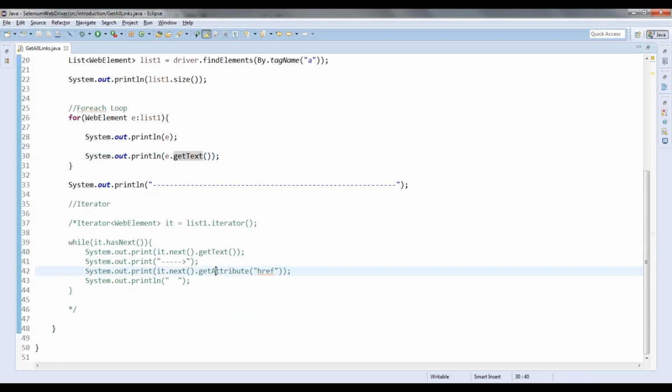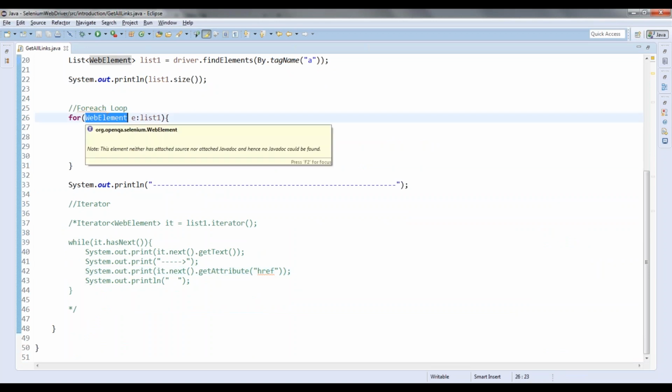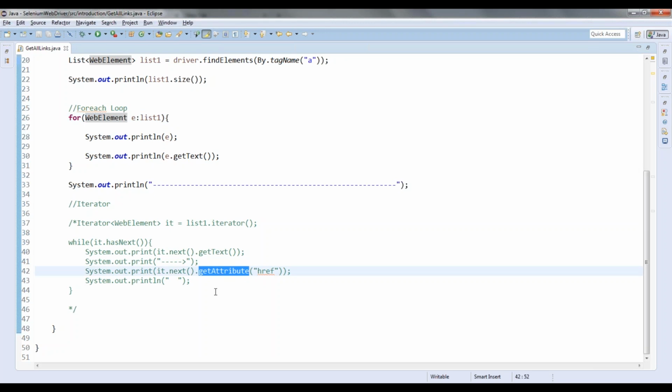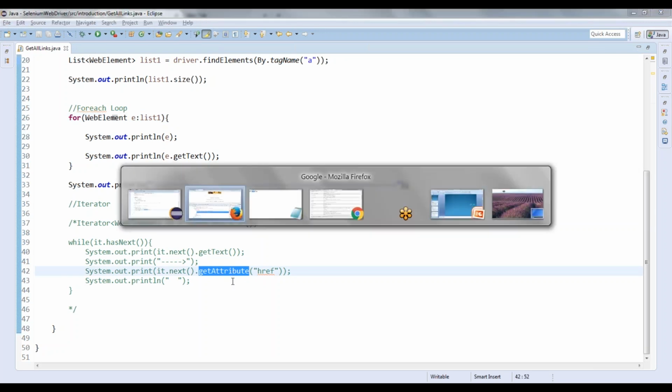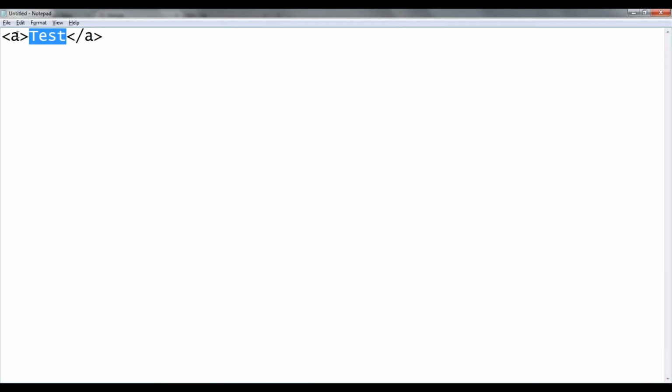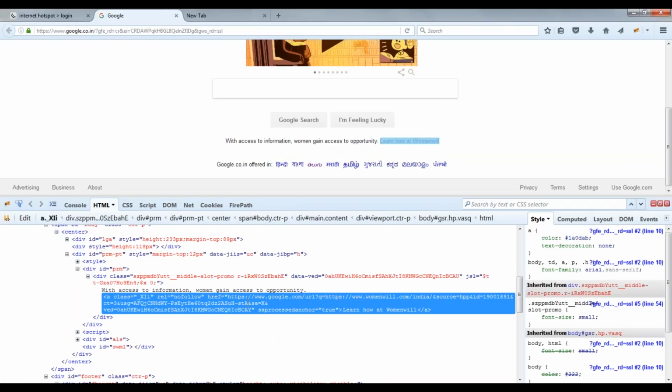Similarly, the web element class has one more method, that is get attribute. What will this get attribute do? Every element will be having certain attributes like ID, name, class, like that. Many attributes will be there. If I want to get the values of that particular attribute, I will use get attribute. Means I will be getting whatever is there between these double quotes. Class is equal to, I have this.